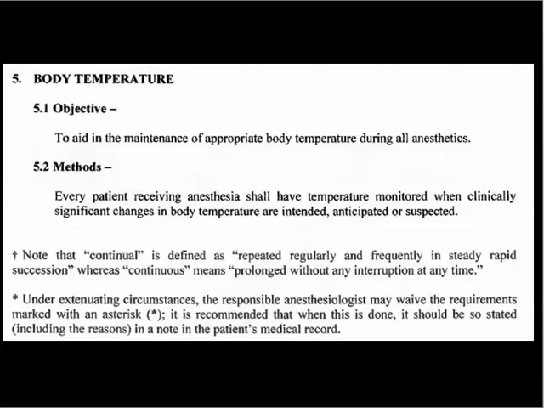And there's even the idea about continual versus continuous, and it makes clear distinctions, and that's unfortunately important when it comes sometimes to defending lawsuits against anesthesiologists, where the plaintiff's attorneys hold up this document, and then it becomes necessary to distinguish between continual versus continuous. And then, of course, there's the idea that, if necessary, and that's listed right there at the bottom, you can omit any of the monitoring or any of the required behaviors in the standards if there's